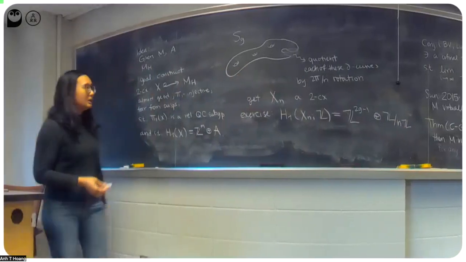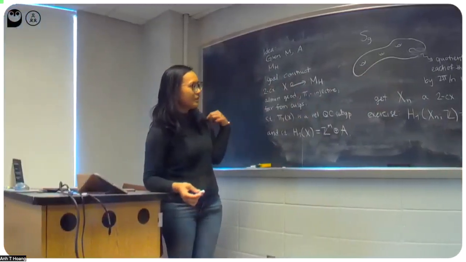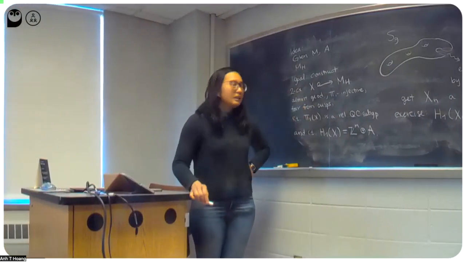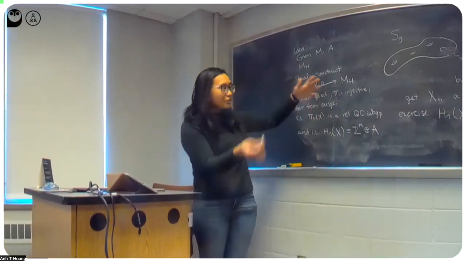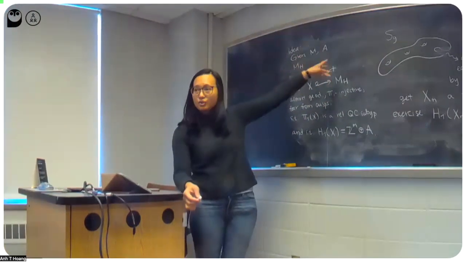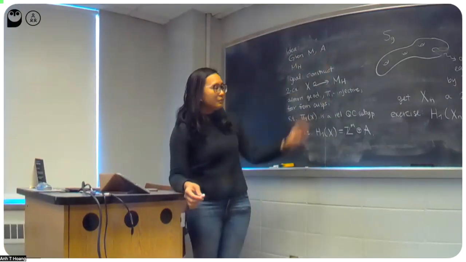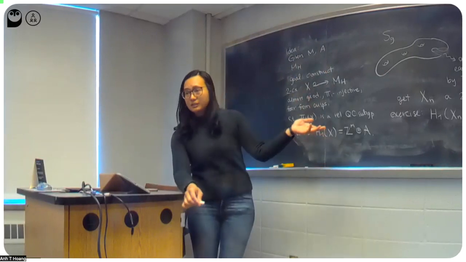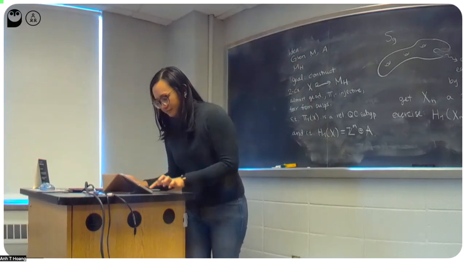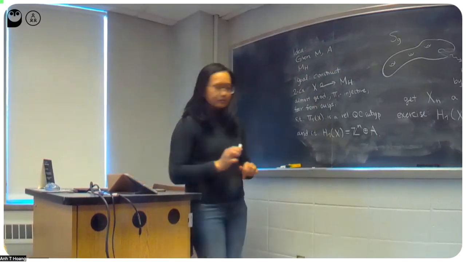Okay, so I can do something like this to get any finite cyclic group that I want. And you can imagine that if you have a large enough genus, you can do this sort of trick at different disjoint embedded curves to get the finite abelian group that you want. So that's the idea.